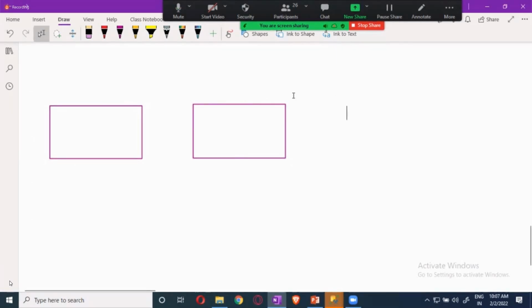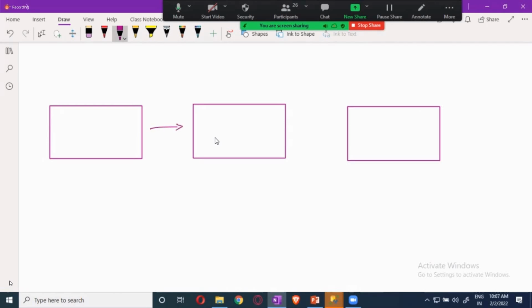Usually, any object's related information we split into small chunks and put into different tables, and these tables are internally connected. That connection is called a relationship.